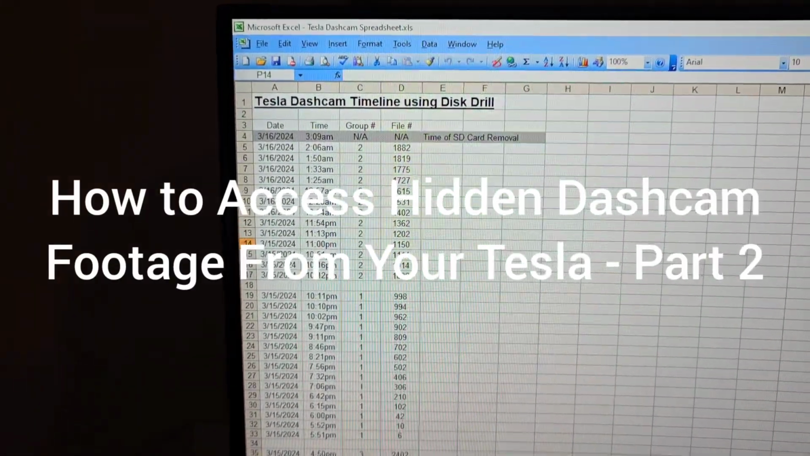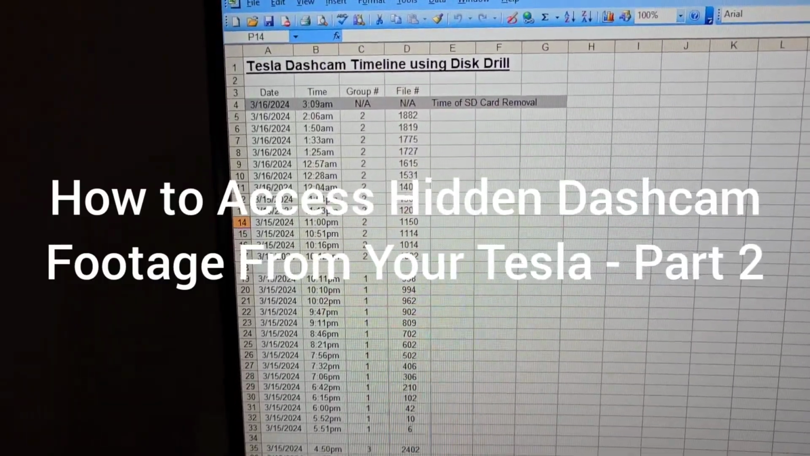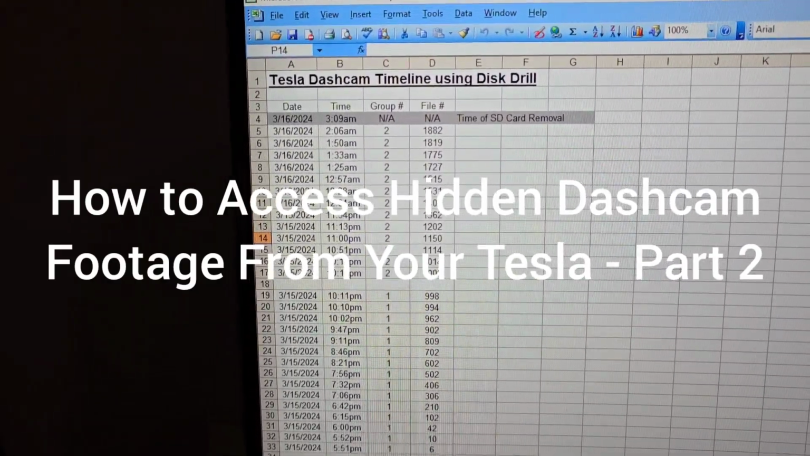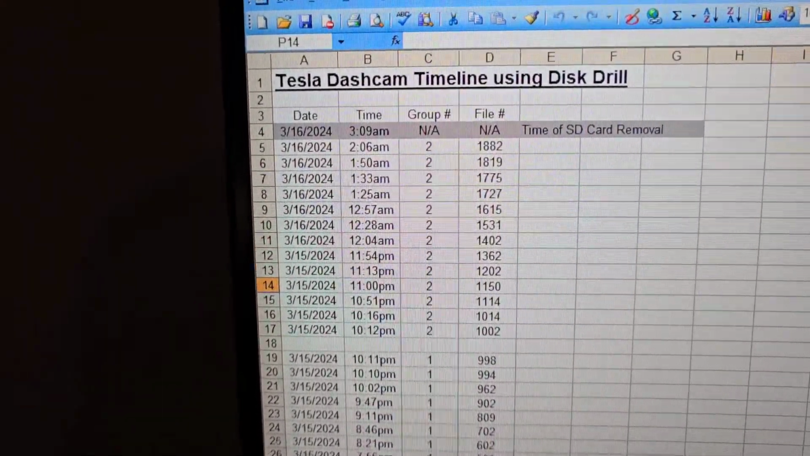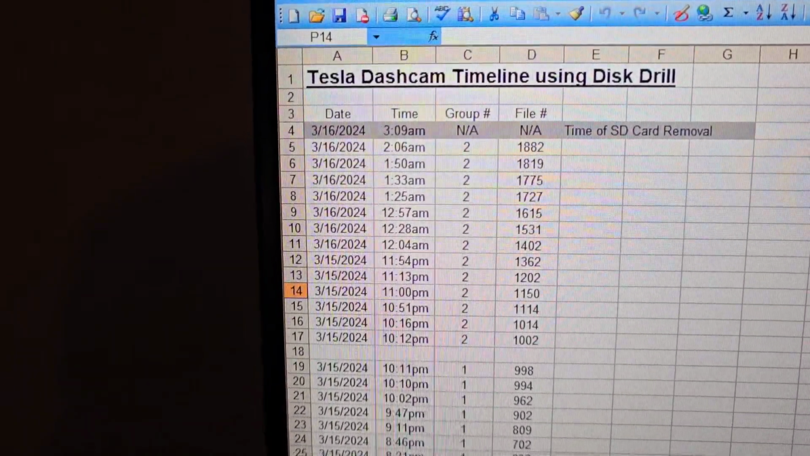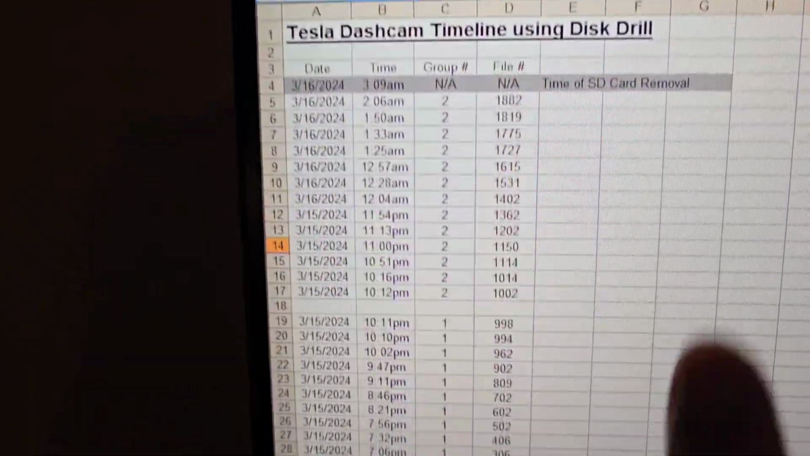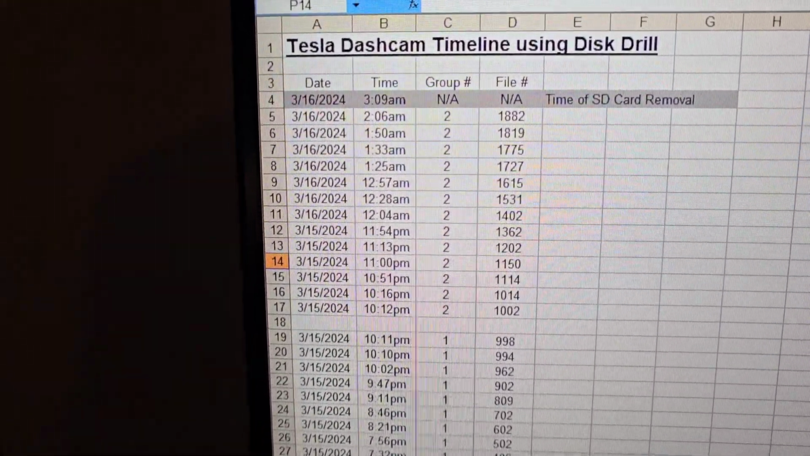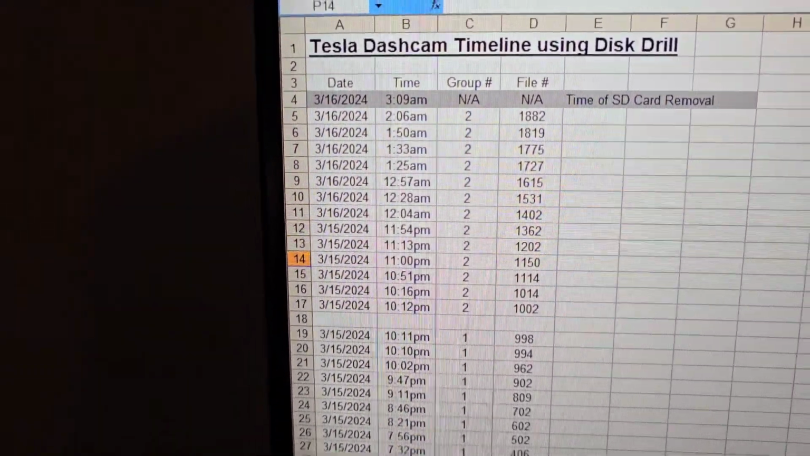All right, this is part 2 of my how to access hidden dashcam clips on the Tesla flash drive using Disk Drill recovery software. I just wanted to post the data that I got here since I have it, in case somebody wants to cross-reference the file number that is listed in each group of video clips. So this is group number 2,